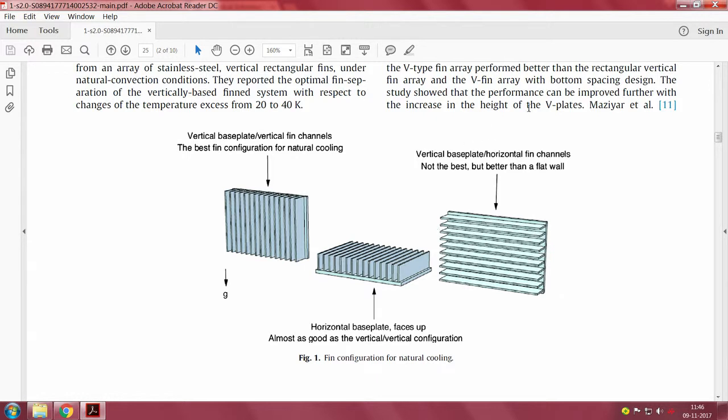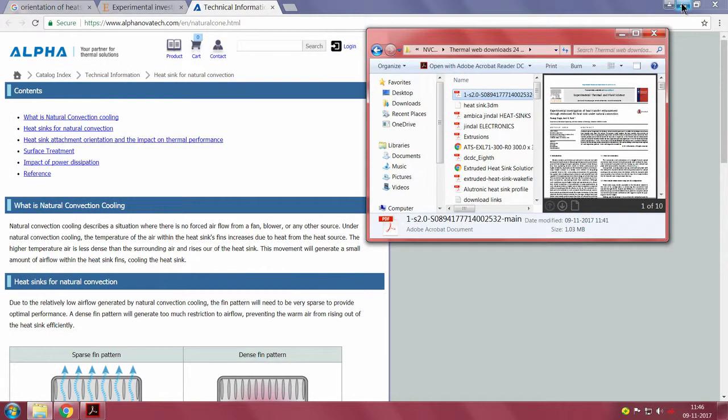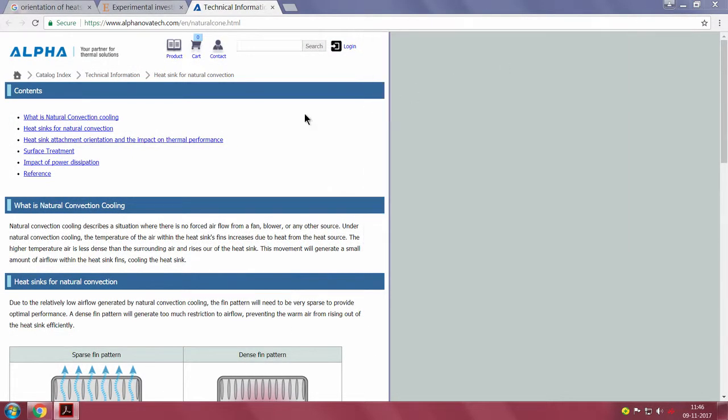Now, I will minimize this and go back to something in the background here. Then there are several industry catalogs.